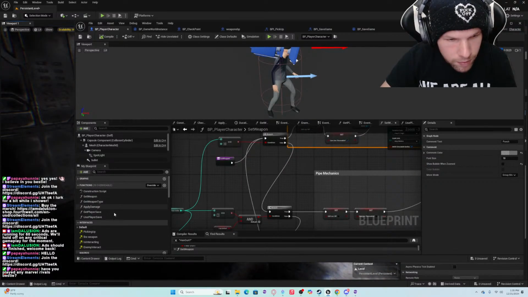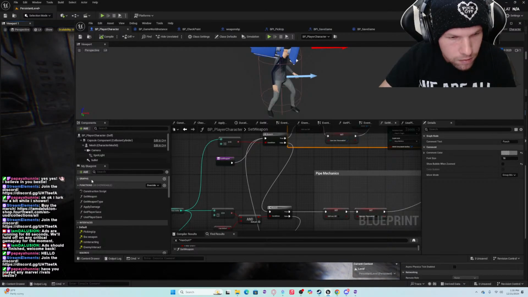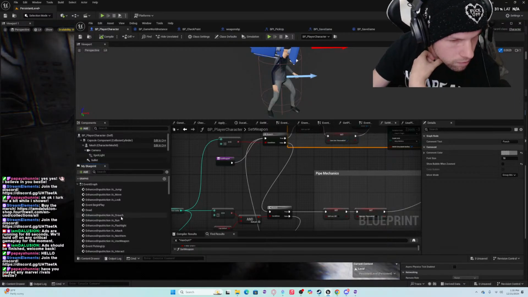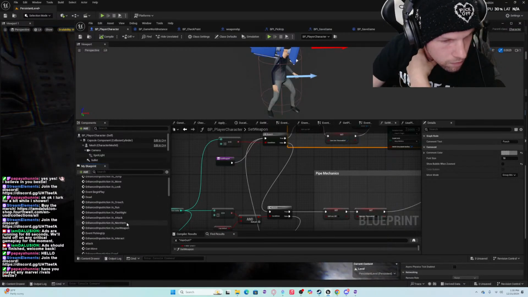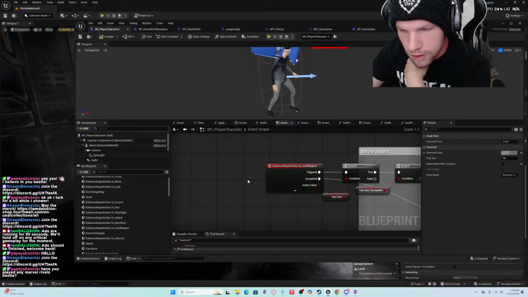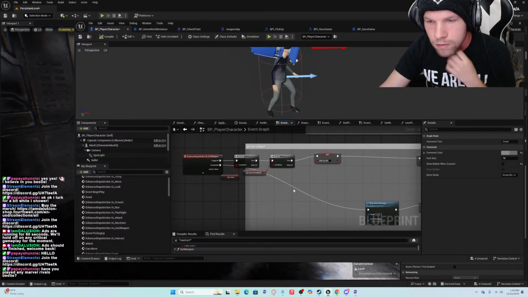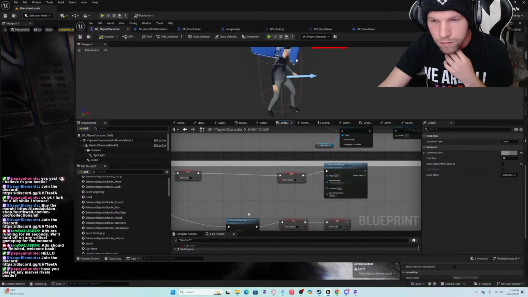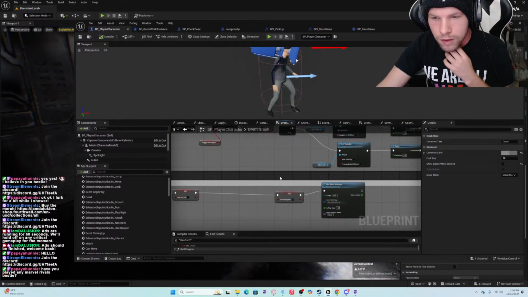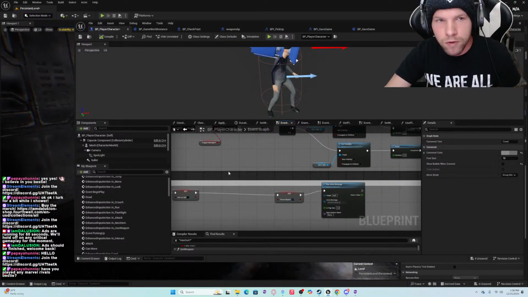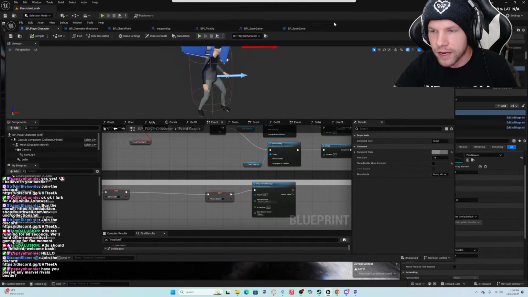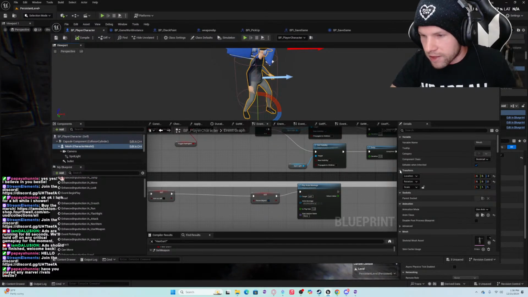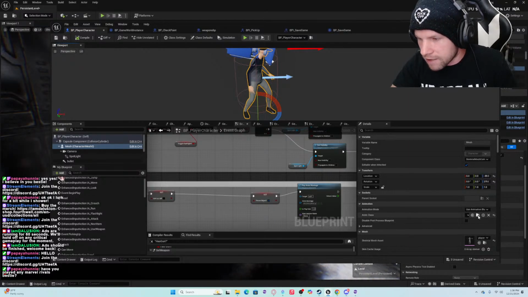Okay, so now what is this? Set weapon. Let's look at this. So I think with the throw, I've been having issues with the throw mechanics, so let's just deal with that real quick, because I feel like that's an easy fix.